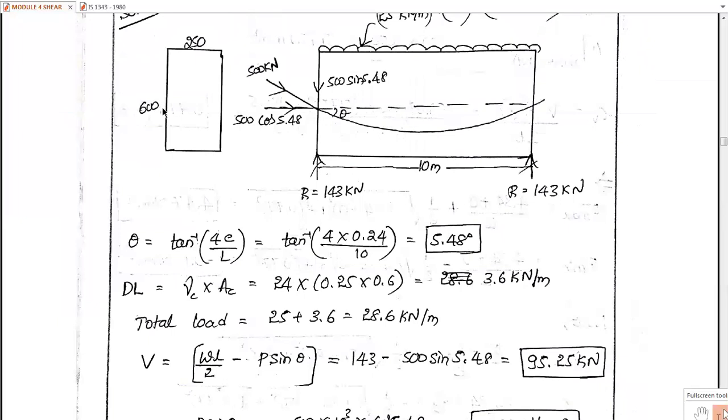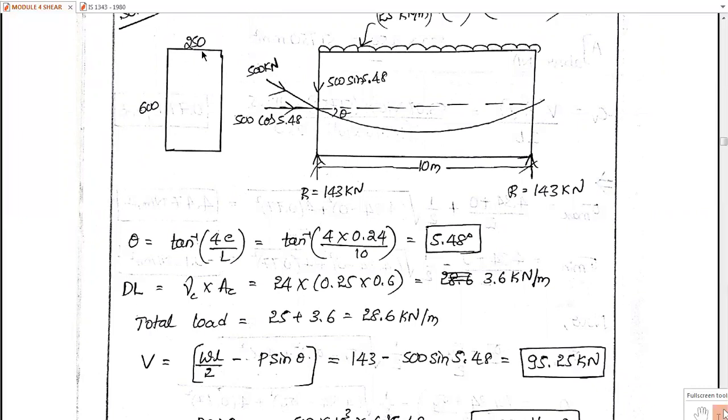Then this is a rectangular beam. At the centroidal axis it will be 300. That is, in the first case we did 250 by 300. Next time, since we consider 60 mm above the neutral axis, we have to subtract 60 from 300. 300 minus 60, it will be 240. Means 250 by 240, that will be the area. That will be the area into y bar. Now we need to calculate the y bar.